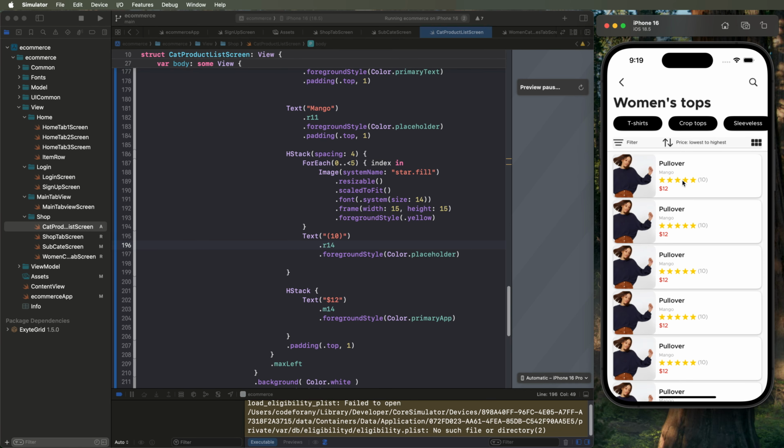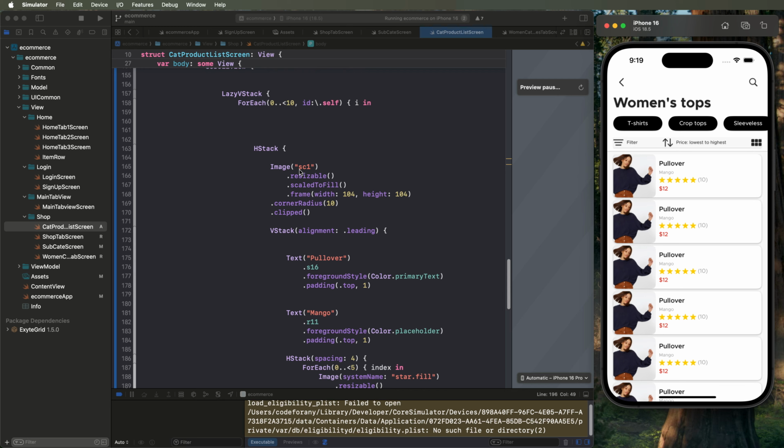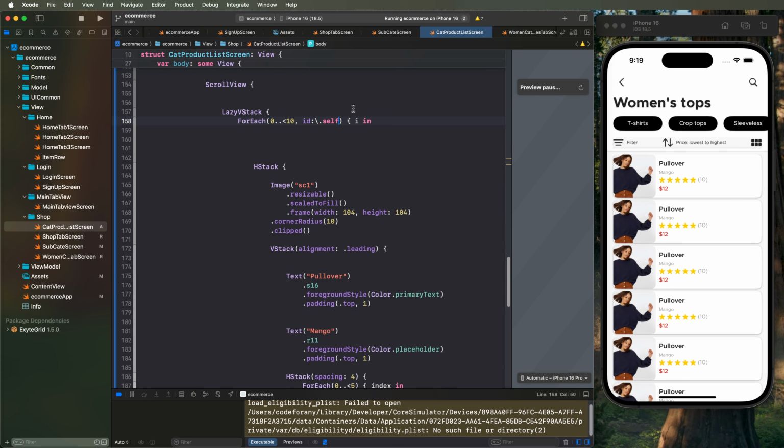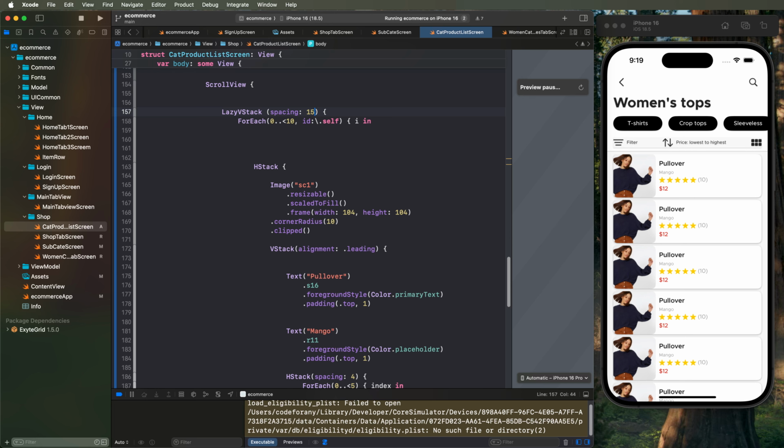Now this is fixed, as well as we need to increase the space of this list. Set here space, set here the 15,